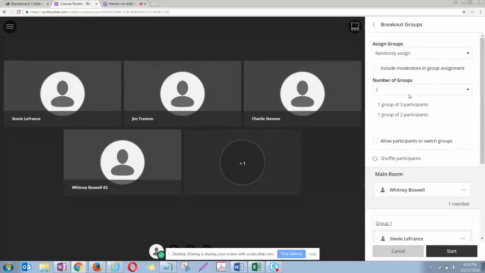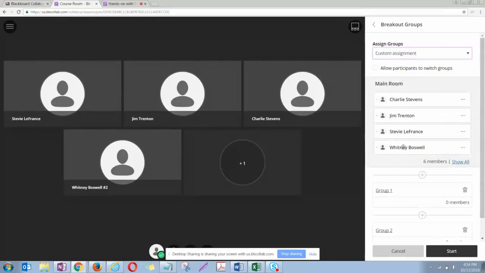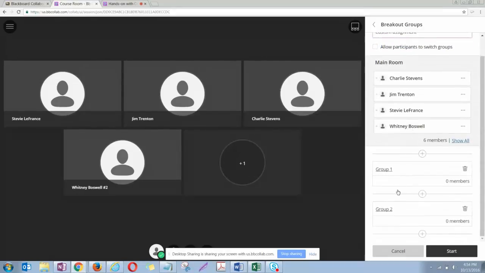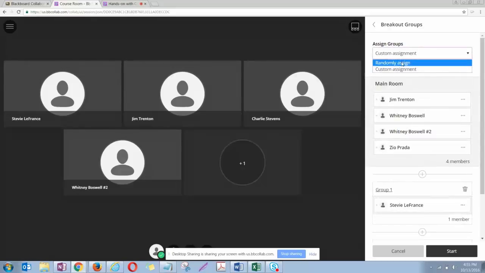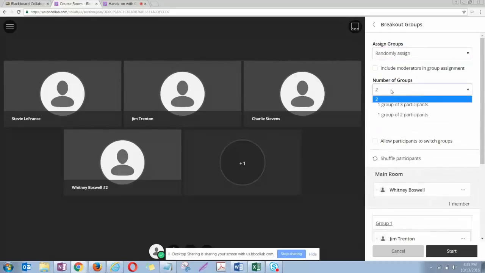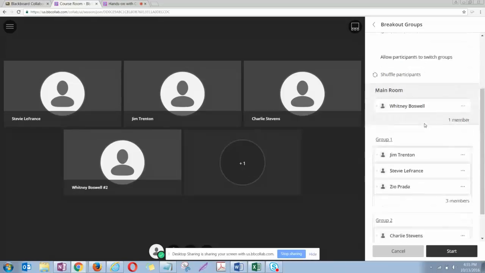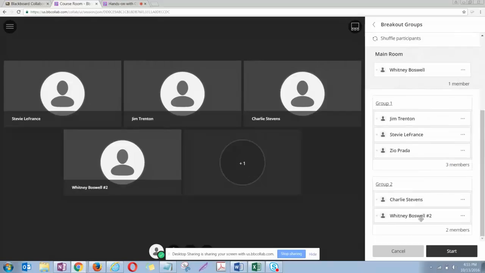You click on it, and then you have the ability to either randomly assign or custom assign. If I want to custom assign students, it gives me the list of students and myself, and I just click on them and drag and drop them into which group I want them to be in. Alternatively, I could randomly assign them, so I want two groups, one group of 3, one group of 2, and then before we jump in, I can make sure that it looks all right to me. You'll see it leaves me in the main room. Once I have them set up the way I want, I click Start,